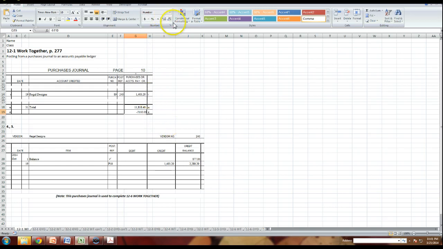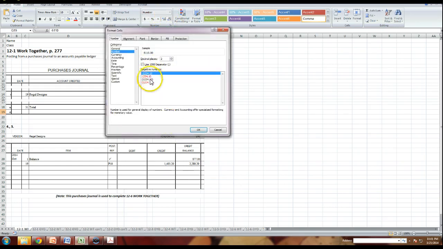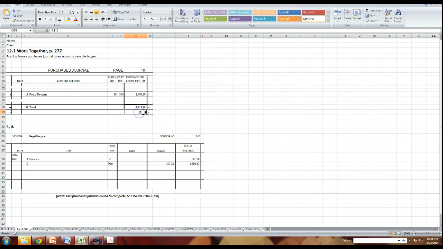Number. Let's use this over here. Select this one, no decimal places, and look, it's all better. Okay, so we posted our purchases. Now we need to go post the accounts payable account in the general ledger. And again, it's